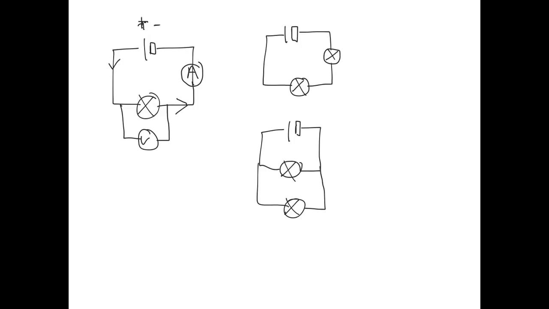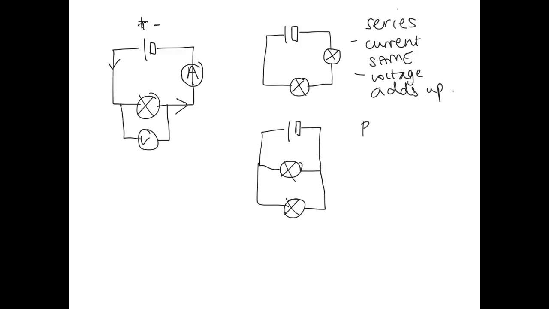And there are a couple of circuit rules you need to know, which is things like this. So in a series circuit, the current is the same everywhere, and then the voltage of the individual components adds up to what is coming out of the cell. Whereas in a parallel circuit,